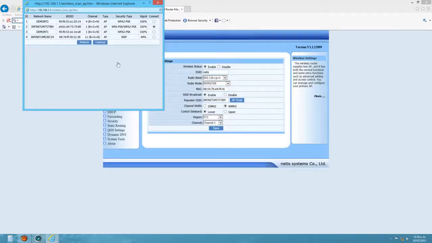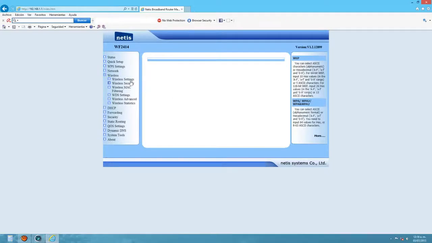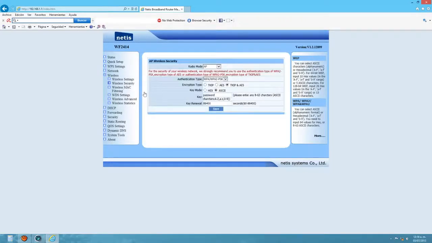Click on wireless security, and we wait for the window to open. Since it opened in radio mode, we will click and repeat. In authentication type we will change to WPA2-PSK. Here we will only change the option that says TKIP to AES. Where it asks us for the password, there we put the